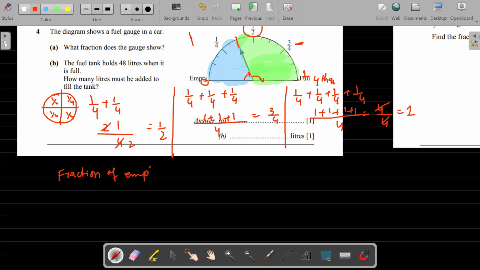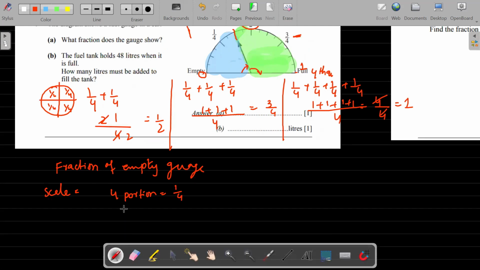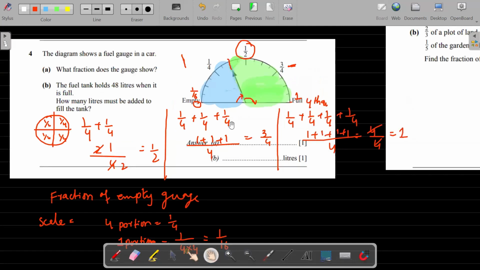देखो फ्रैक्शन ऑफ एम्प्टी गॉज को बताने के लिए मैं क्या करूंगी, मुझे पता है ये मेरा फर्स्ट क्वार्टर है। अब इसके लिए एक स्केल बना लेते हैं, ठीक है। सबसे पहले मैं एक स्केल बनाऊंगी। जैसे हम पोर्शंस, ये 4 पार्ट्स हो, 1 2 3 4, 4 पार्ट्स हो तो ये 1/4 बनाते हैं, ठीक है। 4 पार्ट्स और 4 पोर्शंस आर इक्वल्स टू 1/4। तो 1 पोर्शन की क्या वैल्यू हो जाएगी, 4 दूसरी डिवाइड हो रहा है तो इसके साथ आके मल्टीप्लाई होगा, ठीक है। तो ये बन जाएगा 1/16, ठीक है।